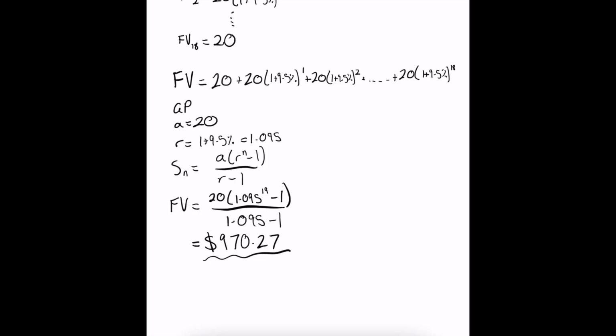Another question that they might ask is how much interest did Jane earn on this deposit? And interest is essentially the amount accumulated on top of what you've deposited. So the interest for this question would just be the $970.27 that was accumulated, or that was the final value at the end of all of these 18 years, minus the $360 that the parents directly deposited. And so when we subtract these two, what we end up getting is